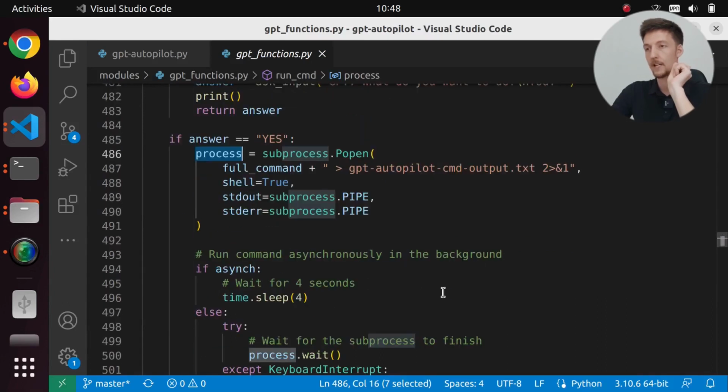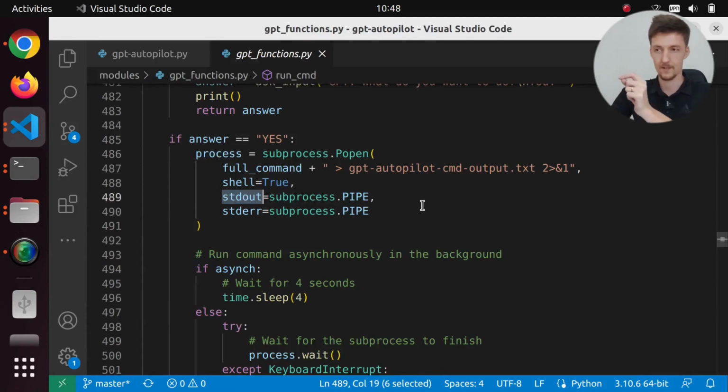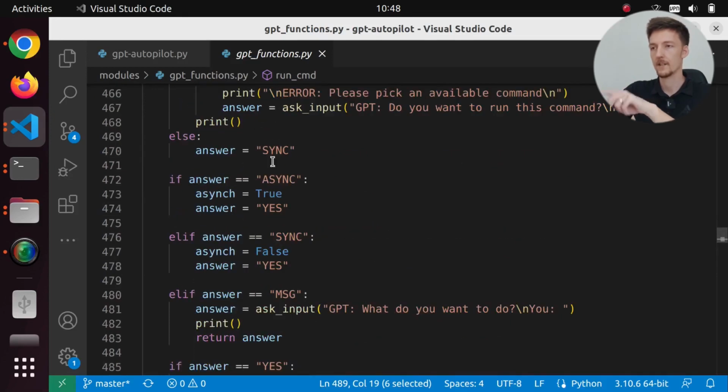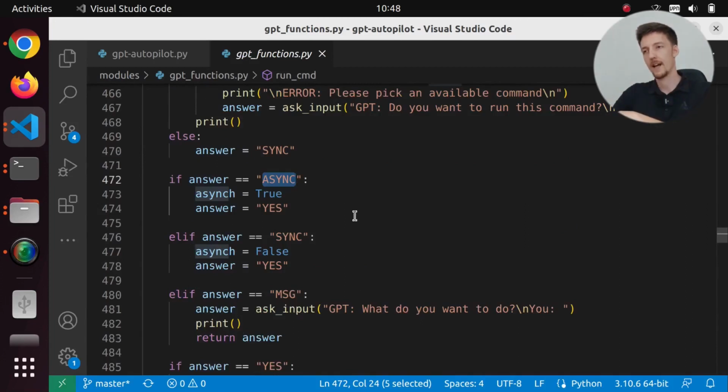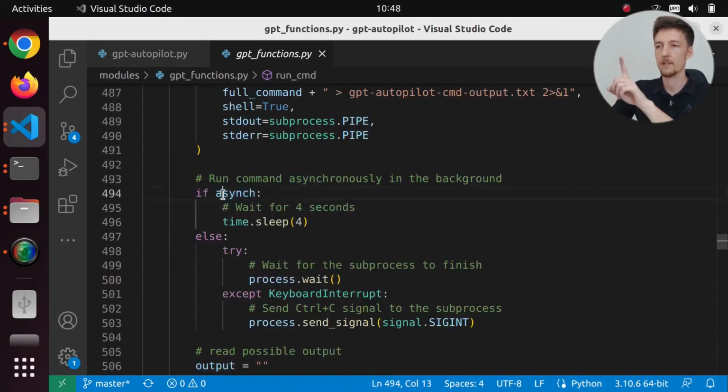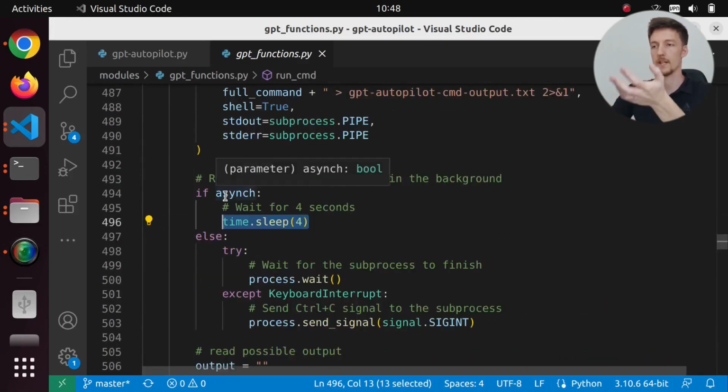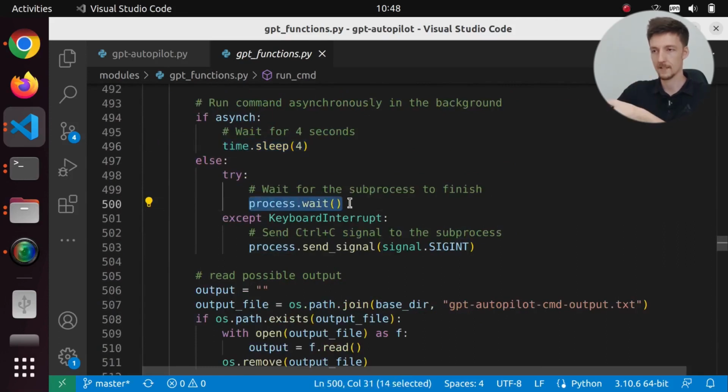And I am wondering if we can actually talk to the std_out and std_in of the process. So can we send it messages and then read the responses back? So in this case we have this sync and async version. So we can either run a command and then wait for it to run and then get the result, or we can run it and then wait for a while, and then whether it ended or not, we will continue with using GPT-AutoPilot. So if we are using the async method, then we just sleep and then we continue. But if we are using the synchronous method, then we call process wait and we wait for it